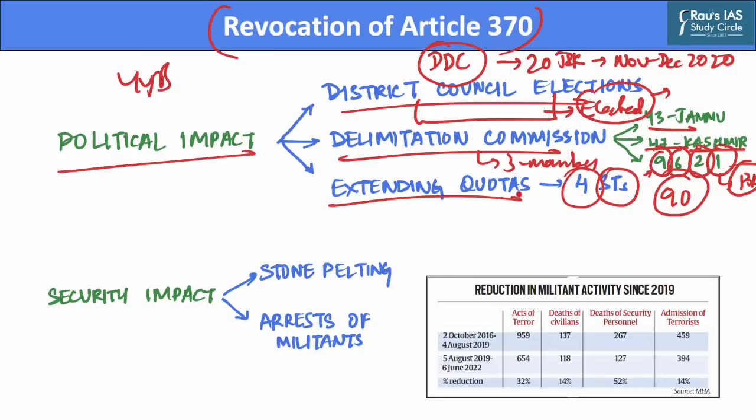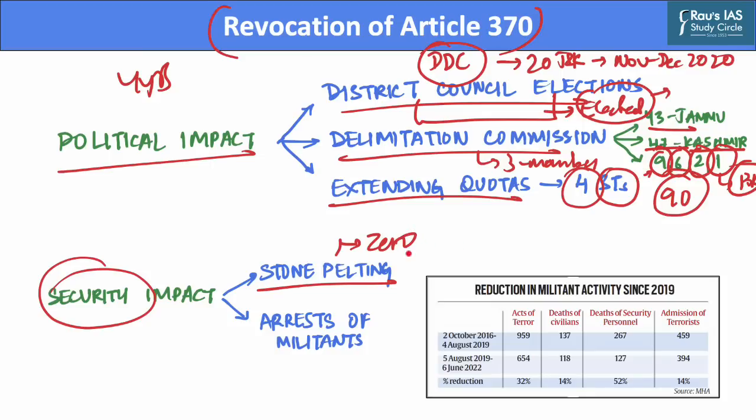Now the second significant impact was on the security sphere of the state, as the number of stone pelting incidents in the state has reduced significantly. With the unprecedented number of security forces in the valley and the strict actions taken by central agencies, the incidents of stone throwing have been reduced virtually to zero, and incidents of terrorism have also witnessed a